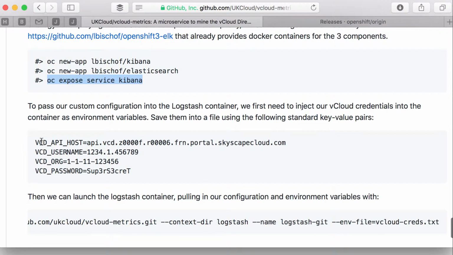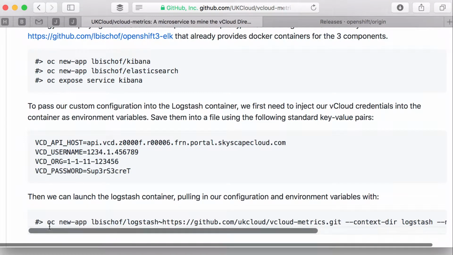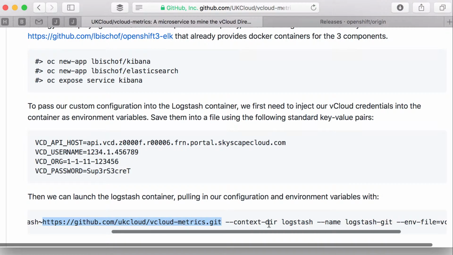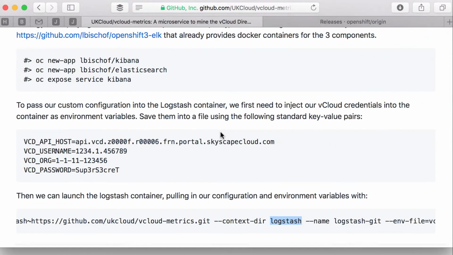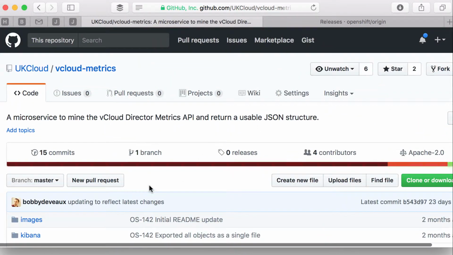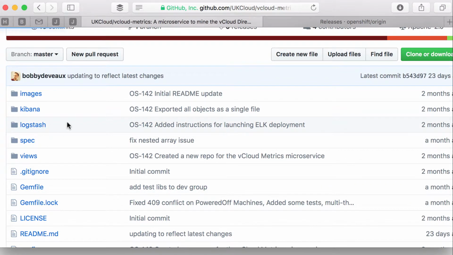So what we need to do now is take our vCloud Director credentials, put them in a vcloud.creds.txt file, and then execute, create a new app using the Logstash container, put this code on there, which is our vCloud metrics Git repository, and it's going to put it in the logstash folder. And that's because we have up here in our Git repository a logstash folder,